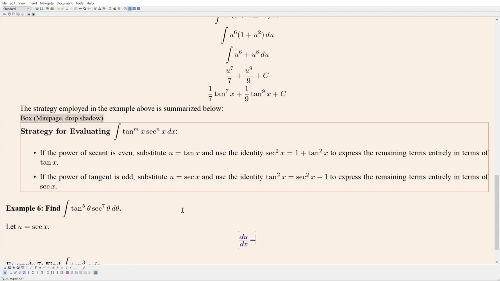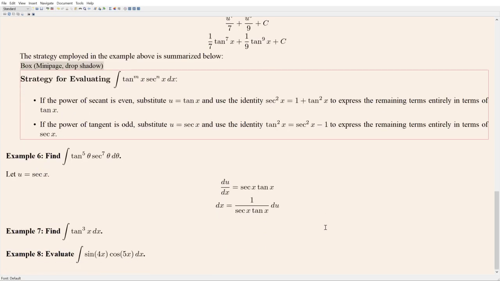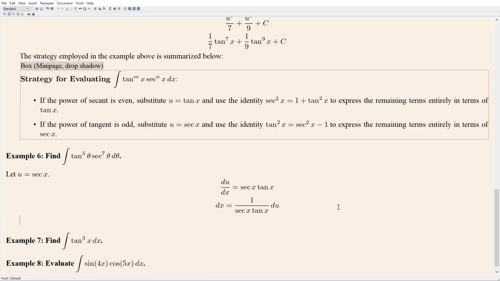So the derivative of secant is secant tangent. So from that, we obtain dx is equal to 1 over secant tangent du, from which